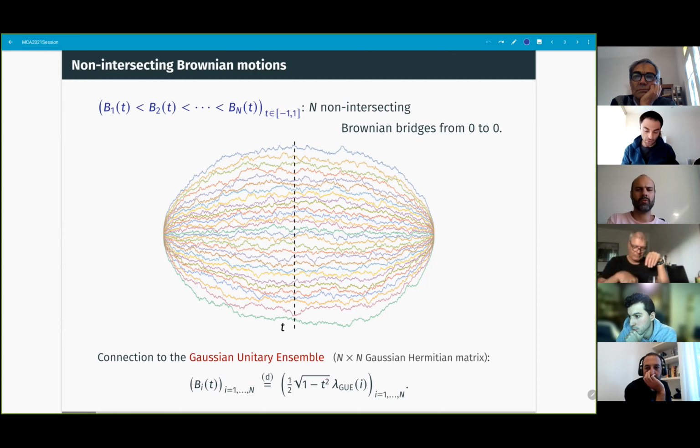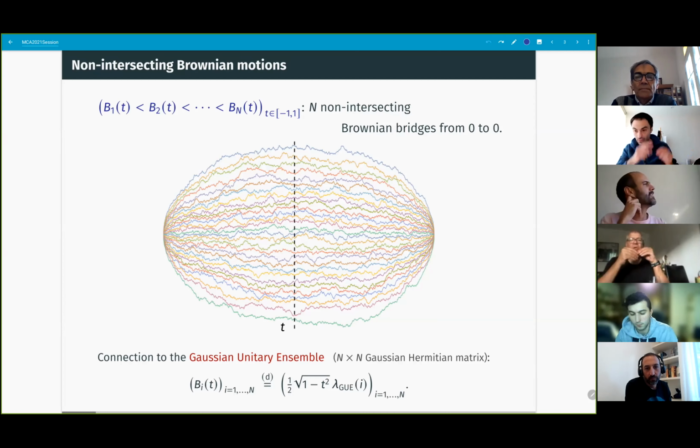In the following way, you can map this model to a different model, which is Dyson Brownian motion. You simply take one of these GUE matrices and let every entry run as a Brownian motion, and look at the eigenvalues. The eigenvalues describe a set of non-intersecting paths. They don't intersect because with probability 1, at each time, a GUE matrix doesn't have repeated eigenvalues. And what you see in the end is really the same picture as this one. You can map one to the other, and the way in which you map it is essentially given here.